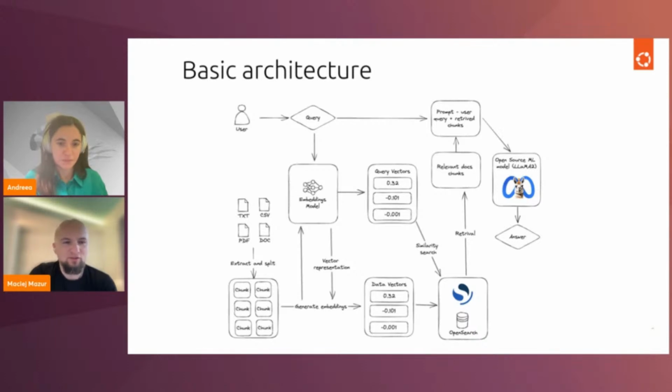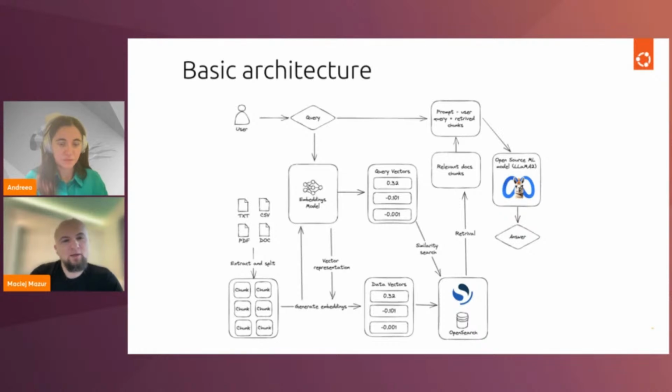Obviously, in order to use them efficiently, we cannot just store them as flat files with vectors. We are using a thing called a vector database, and a typical open source example of it would be OpenSearch. And that makes our setup ready to start asking questions. So whenever a new user comes to a UI or an application and asks a query, the same embeddings model is used to translate their query into vectors, so that you can ask a question in any language you want, basically, because it will end up being very similar vectors in the end.